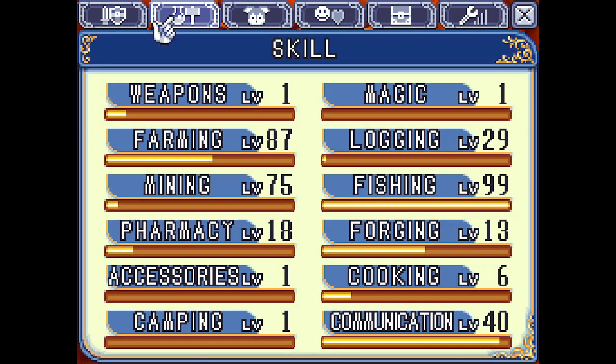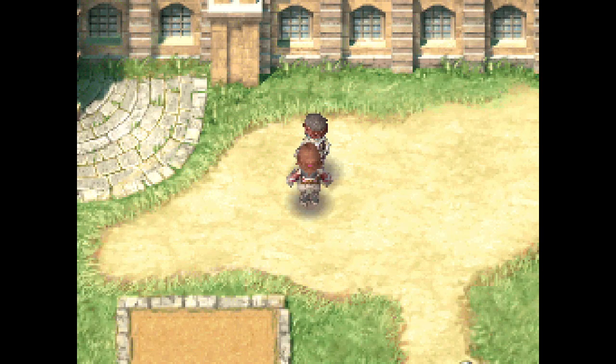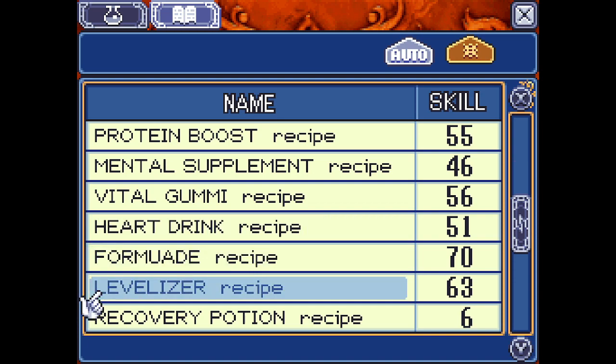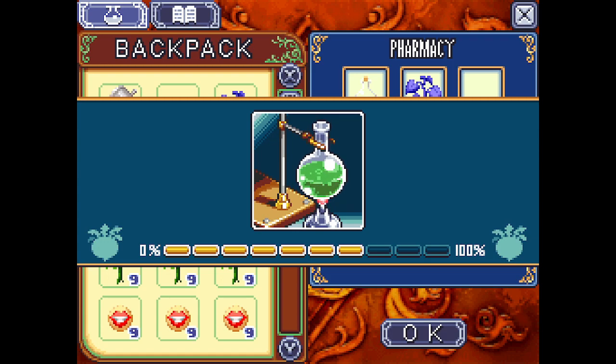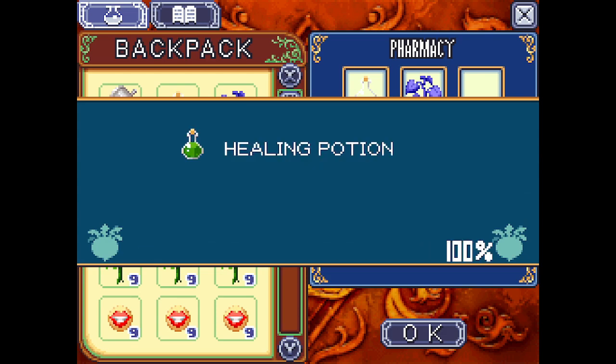What is my pharmacy level? Only 18. Don't I need a really, really high pharmacy level? Okay, so I need more moondrop flowers, which should have finished growing today. So level 63 for that. All is well. Well, 18 pharmacy, if I could find some...